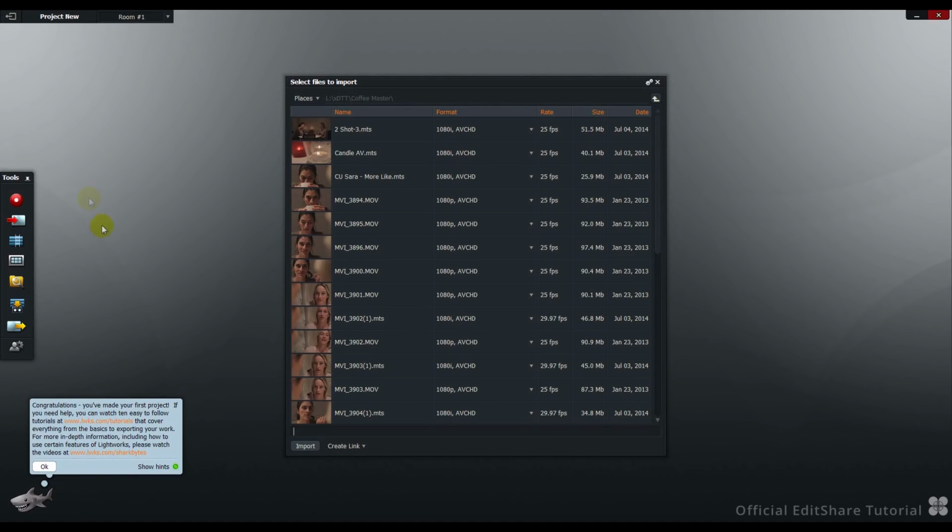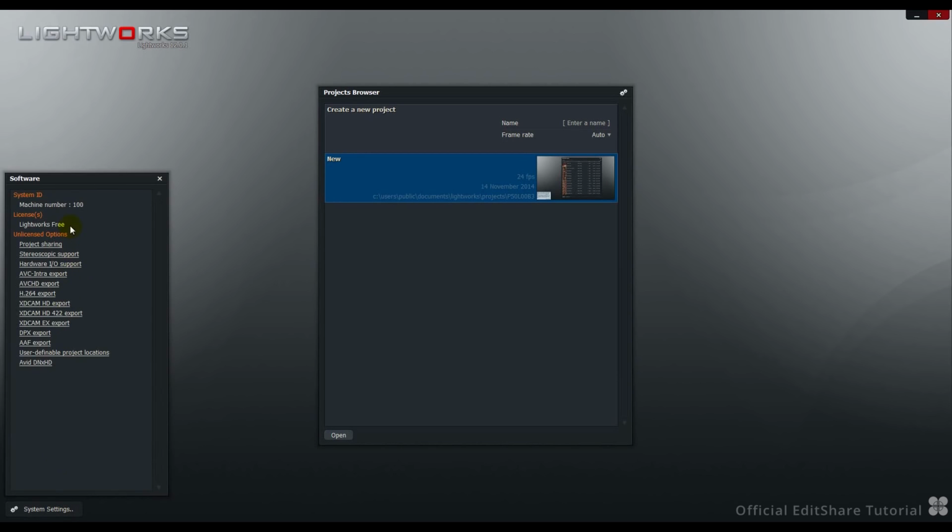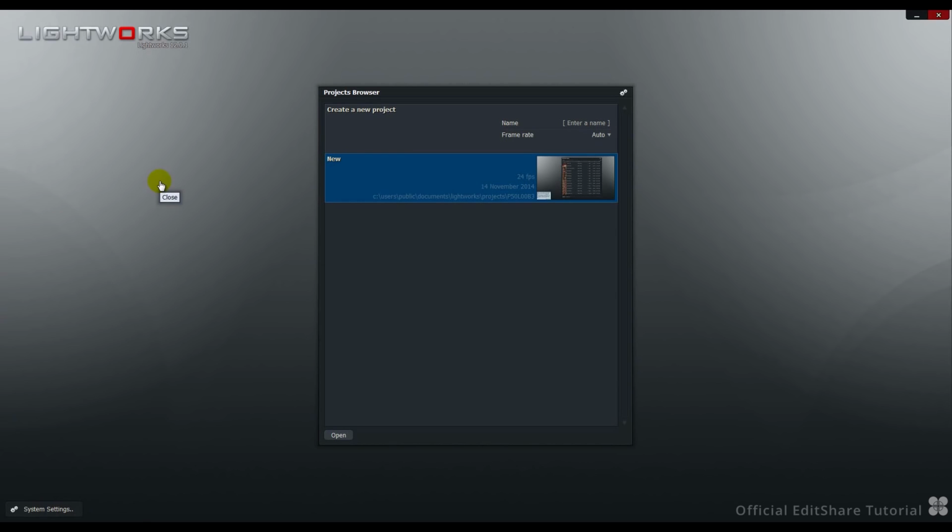Returning to the project browser screen, to check your license status, go to the bottom left of the project browser screen, click System Settings, Show Licensed Options. Here I can see the system is licensed for Lightworks Free. If you do go and purchase additional licenses from the shop, you can add them in this panel too. Choose Manage Licenses, enter your details, the username will be filled in for you,